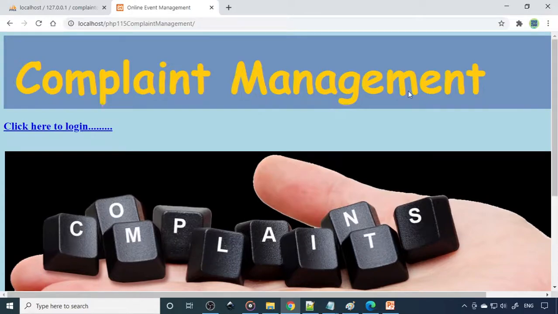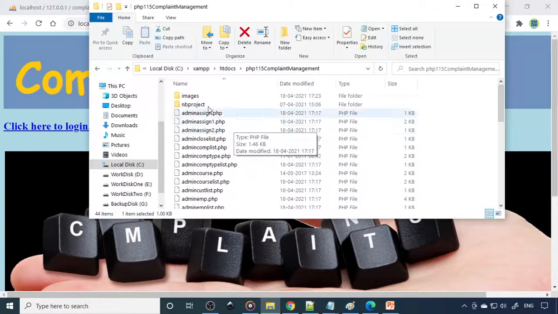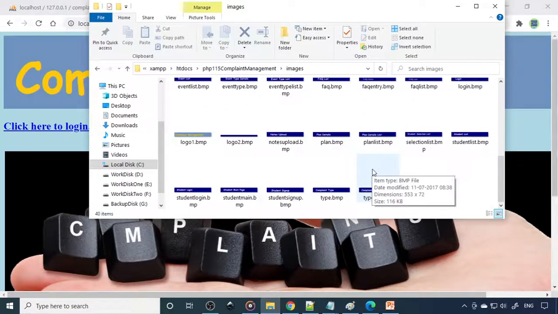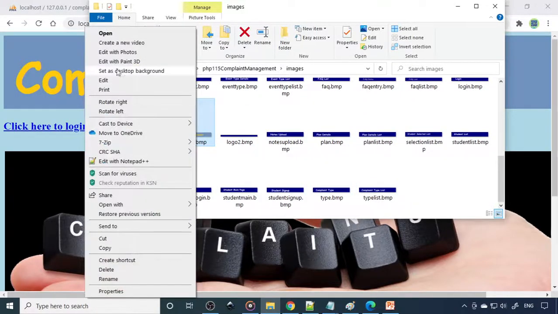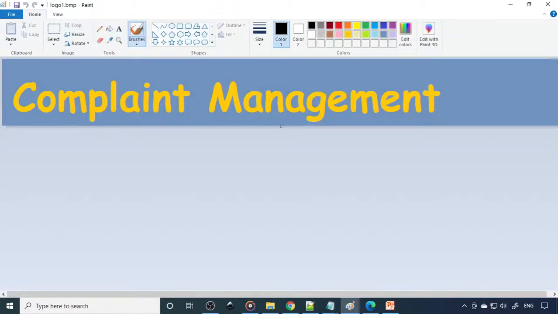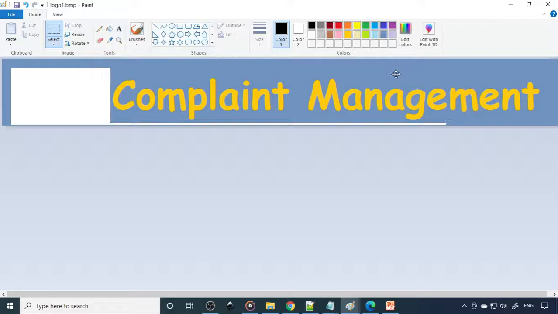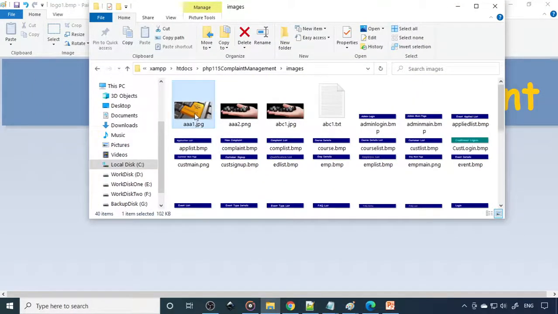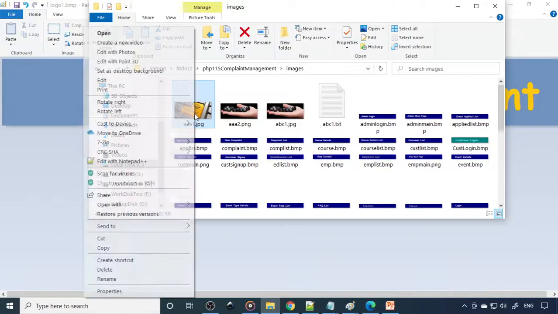Here you can see the top picture. All the pictures are provided in the images folder. So this is the picture on the top. You can edit this one. We can edit it in Paint, so you can easily manage this. Then what I'll do is add some pictures here. Fill the color. Let me put some pictures here. Okay, there is one picture here.